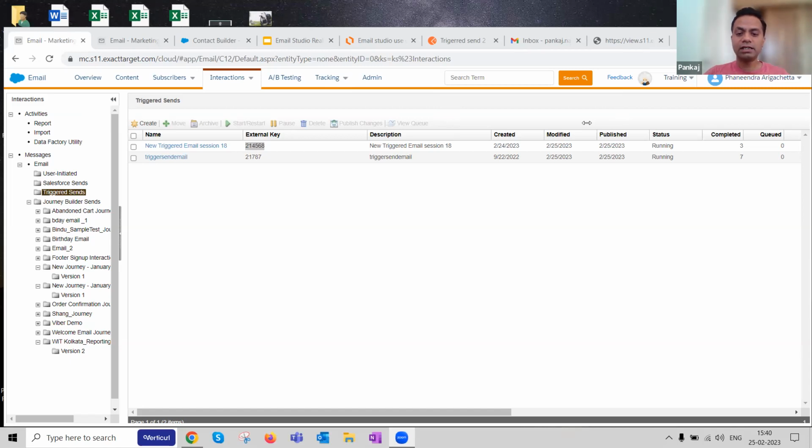How to connect trigger send to Postman? Okay, that is not the content of this particular conversation, but what I can do is, if you quickly Google this particular problem, you will get a step-by-step guide. There is a lot out there in the market, and you can easily use Postman to do all these kinds of things. I would encourage you to do that, because Postman is used in Marketing Cloud.